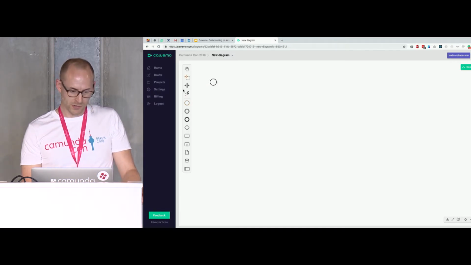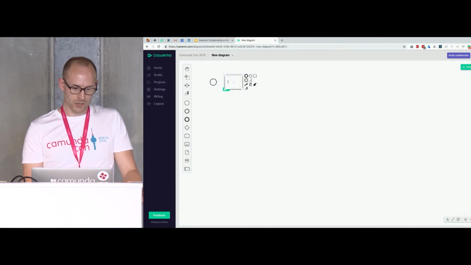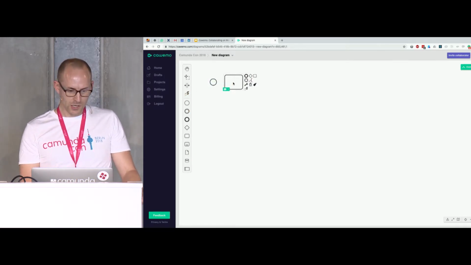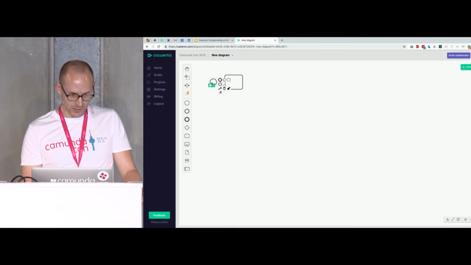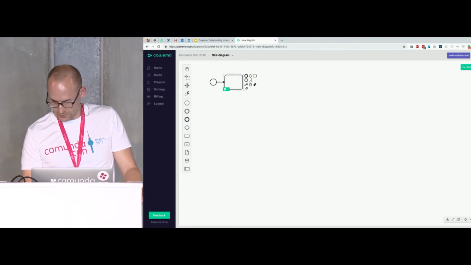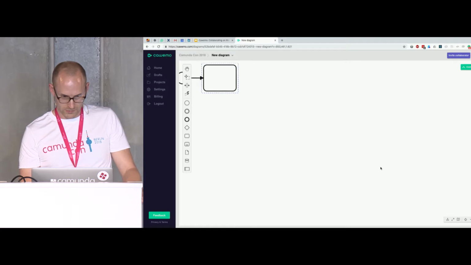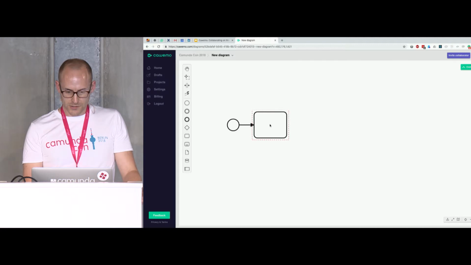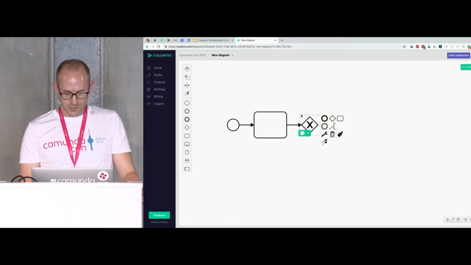I can use this palette on the left-hand side to draw tasks to my canvas, which is not the best user experience I find because it's a little clunky. What you can do instead, and I highly recommend it, is use those shortcuts. So for instance, let's create a diagram right now. Maybe I can zoom in a little, get even nicer. So when you select an element, you can just extend the diagram from here.